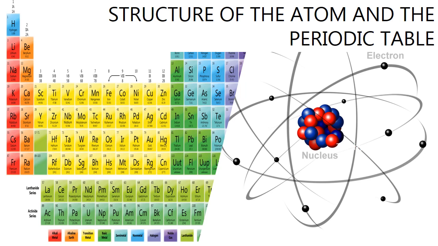Now, the periodic table, on the other hand, is like what you see on the left-hand side of the screen. It is the arrangement of different elements depending on their sizes. Scientists have come up with different models of the periodic table, but eventually the agreed upon periodic table is something like what you see on the picture.